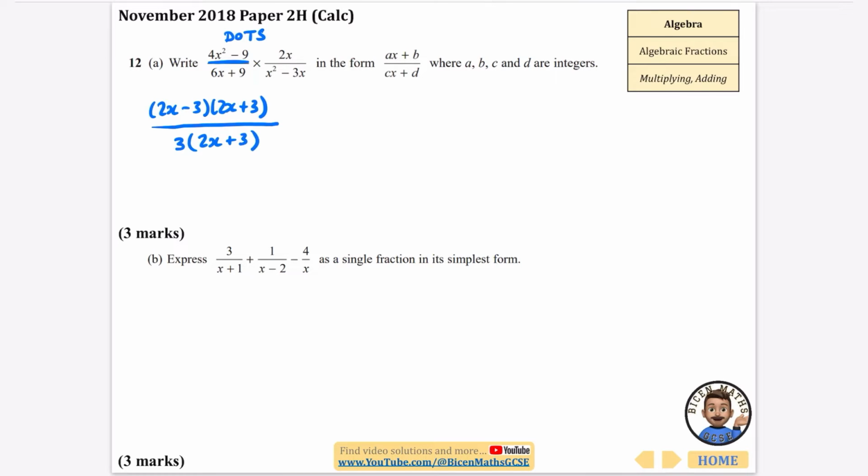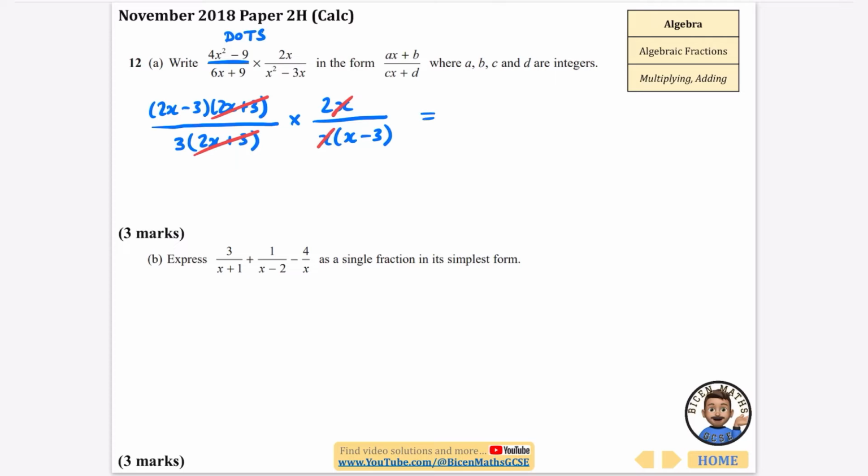So we've already got something that's going to simplify there. And then on the right hand side, I have a 2x, and then I've got my x squared minus 3x. That's going to be x brackets, x minus 3. So let's see what things can cancel here. I think this 2x plus 3 and this 2x plus 3 can definitely cancel. I think the x in this numerator and the x in this numerator can cancel,